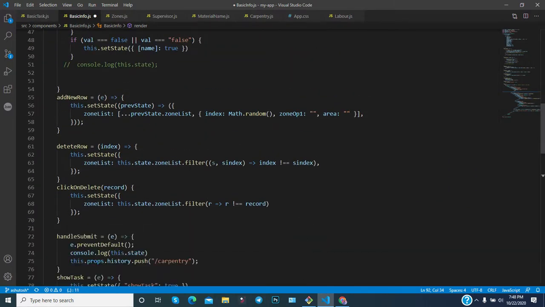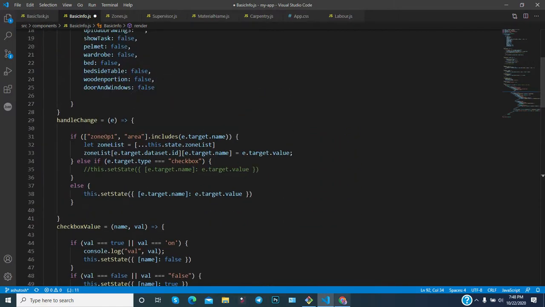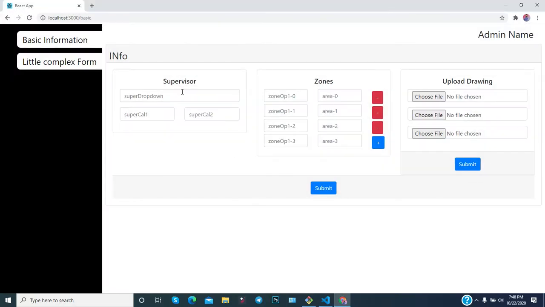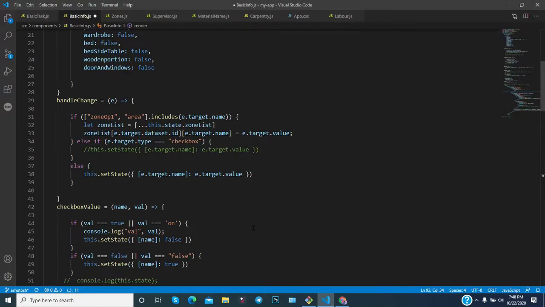It is still not completed. I am also going to talk about how we update whatever you are typing here. The same data should also get updated in that particular state. So how will you update the value of the state? Let's talk about it. Okay, this is very important as well.